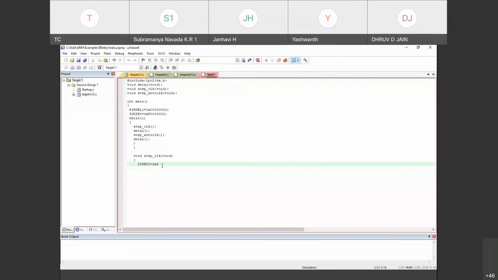Let's say 9. What is that? 9 6 3. 6 3 is the combination. First I'll complete with 9. So what is that? You can say 9 followed by 7 zeros, right? That's it. So I'll provide some delay in between, whatever it is. Then IO clear, CLR 0, which is nothing but 0x 9 again. Okay, so delay, simple way, correct?